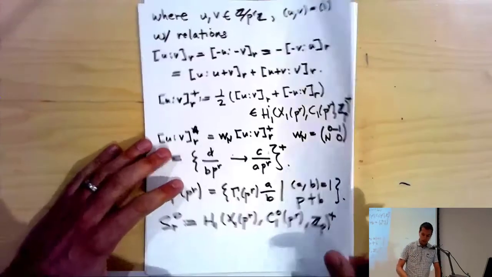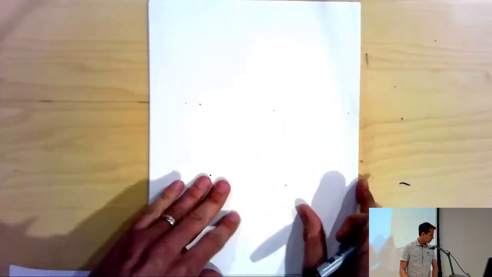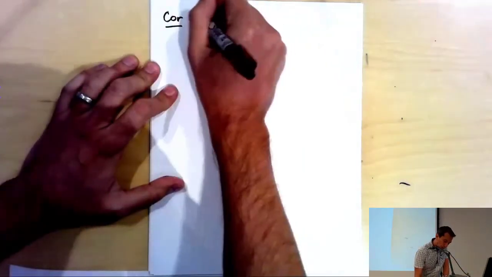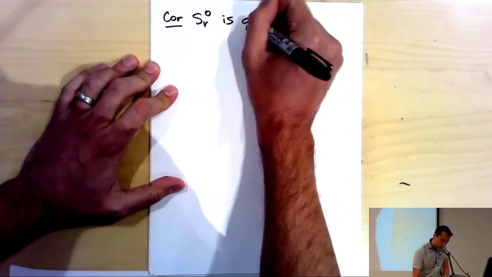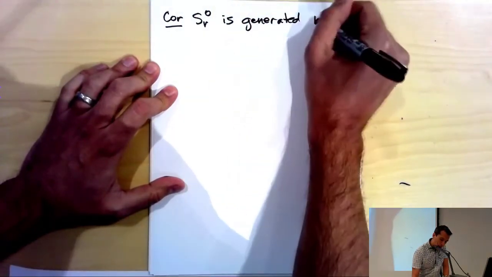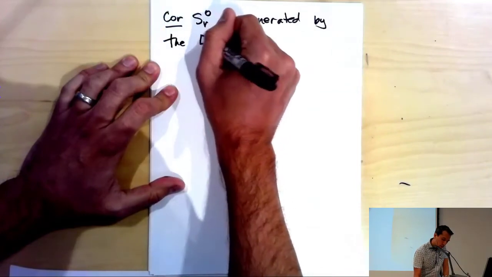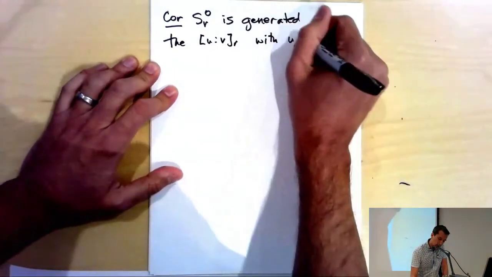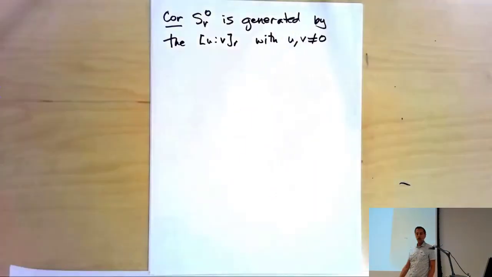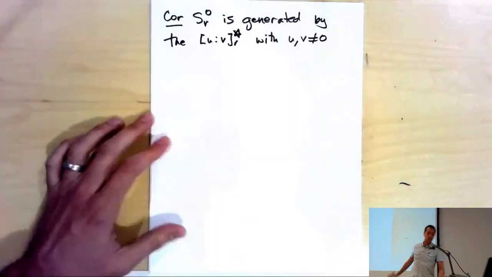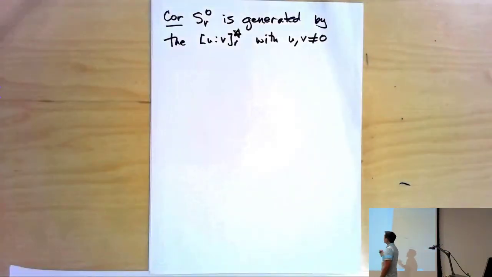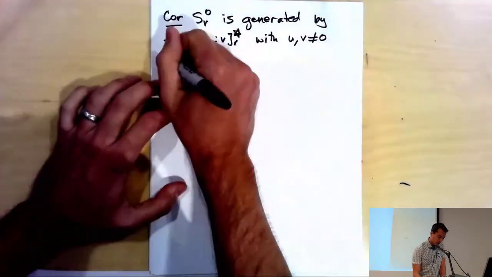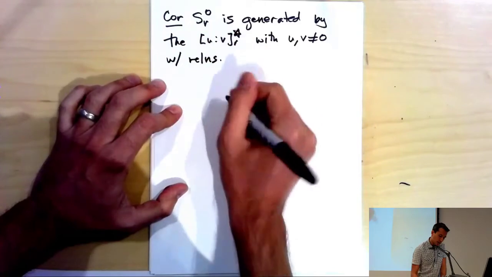Well, it also has a nice presentation, which is a corollary of Manin's theorem, and that is that SR naught is generated by the UV with the same condition, but now we add the condition that UV are not 0, star, with UV not 0. And with the same relations essentially, but now we've projected to the plus part,